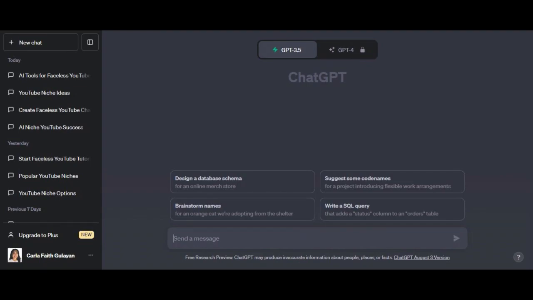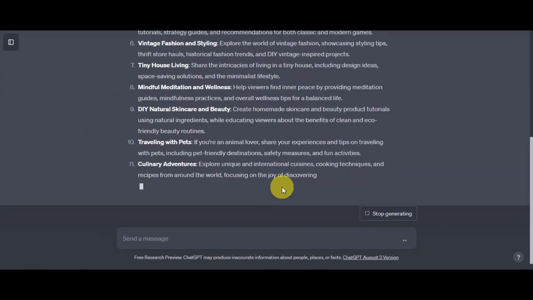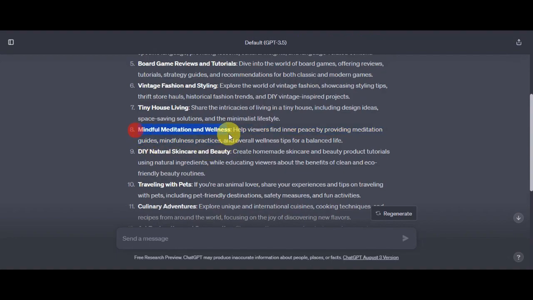So the first thing that we'll need to do is to type in here and ask ChatGPT to generate us a niche. A niche is a specific topic or interest that you focus on. It's like your special area of expertise or passion. Having a niche will help you connect with people who share your interests and make your channel more appealing to them. Now let's choose a niche in here, and I think I'll choose this one, which is mindful meditation and